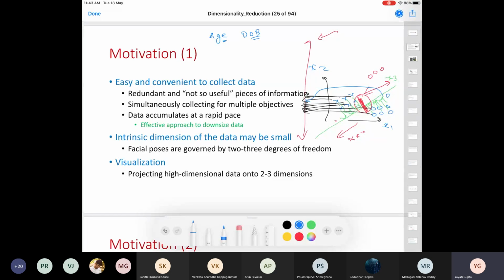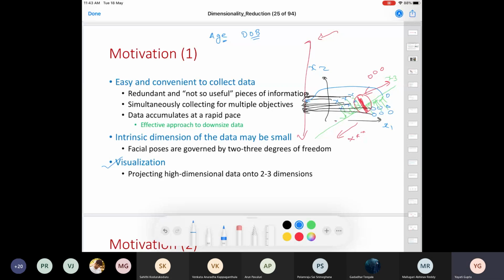Okay, and talking about the visualization perspective, let's say you have, say, 500 dimensions in your data set. Obviously, we cannot visualize beyond 3 dimensions. So what if I want to project my data onto a low dimensional space and I still want to visualize how the data points are?